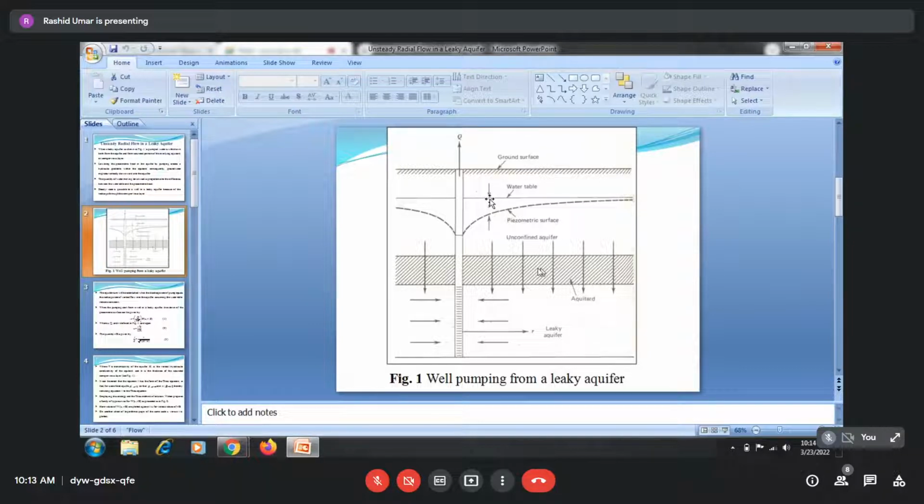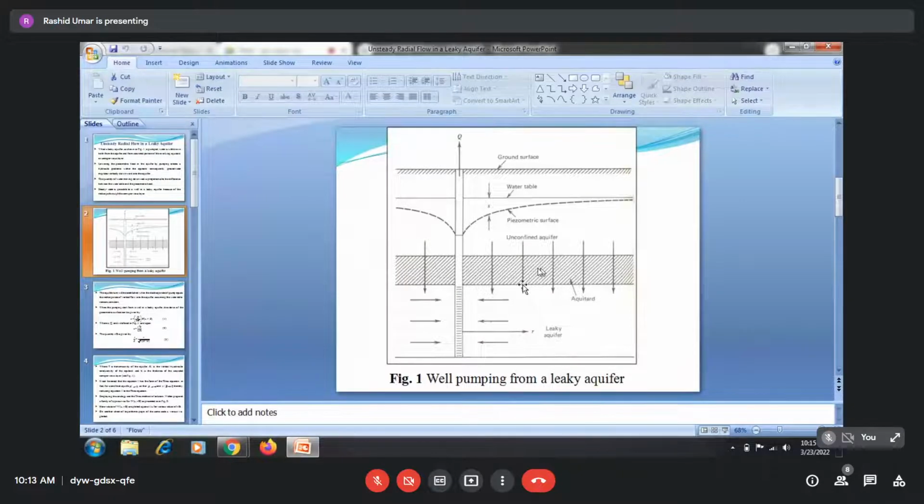Another point, the last point which is written, is that a steady state will be achieved. Steady state is possible when the leakage becomes equal to the quantity which we are pumping. The volume of water which we are pumping is compensated by this vertical leakage. Then the equilibrium condition or steady state condition is possible. For steady state conditions there is a different way of analyzing the data, but here I am talking about the